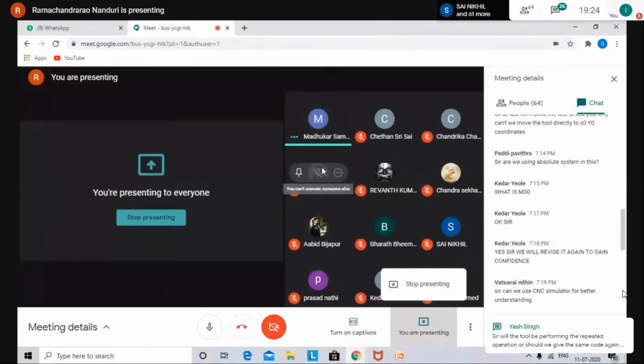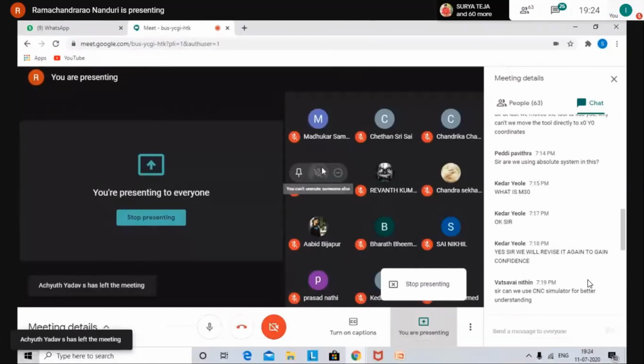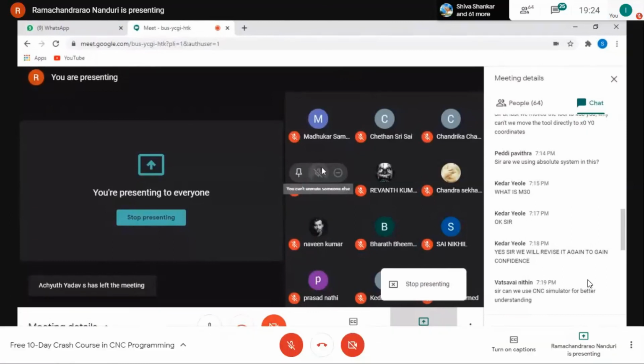Madhukar, one minute. Here what happens: Mastercam, Delcam and whatever CAM software is there, all such CAM software is used for preparing the part programs in which the coordinate values of every point change in X, Y and Z, because it is very complicated to manually write down the program.